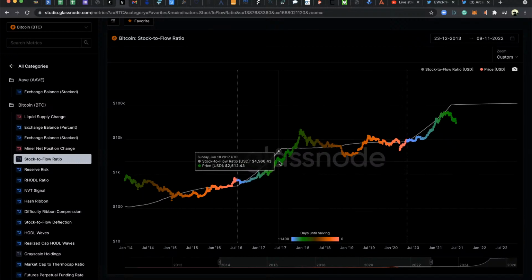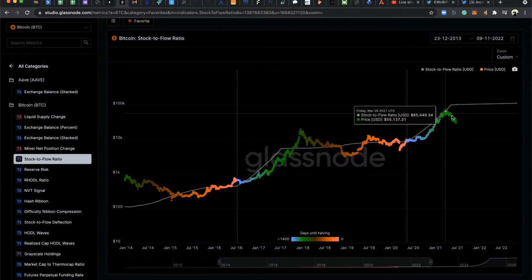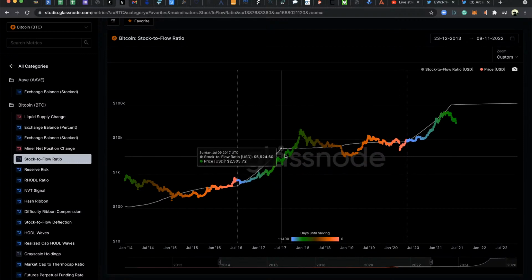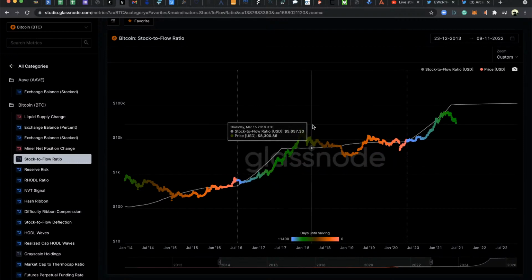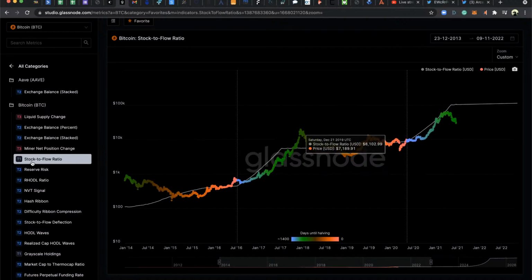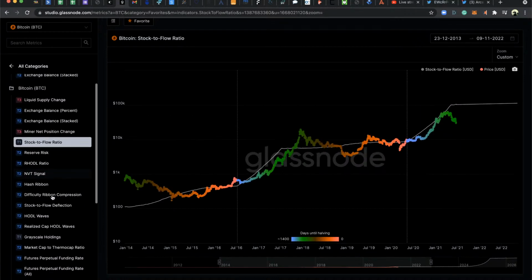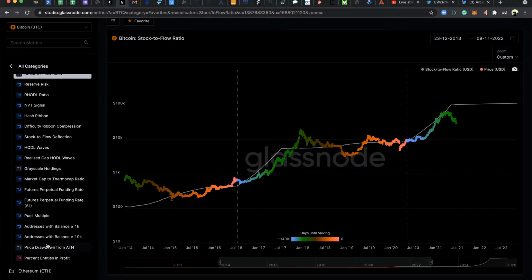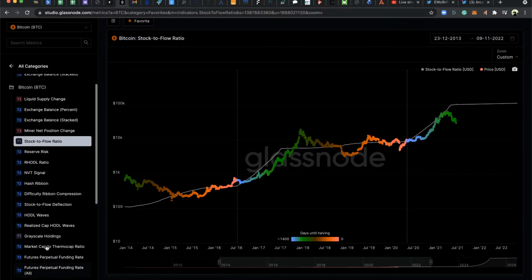So back here in January 2018, we did stay below the stock to flow model for quite some time before breaking out. And here, what I believe is we're just seeing this intermediary cycle before we have the finality of the bull market, and that we'll likely spend some time accumulating here. One of the reasons is, well, actually a few,